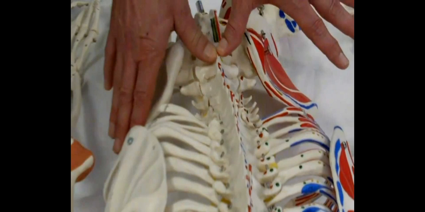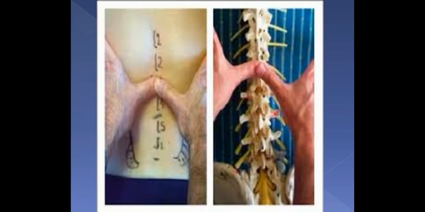This is the picture of the thumb positioning of the therapist touching the spinous process. This will be the hand position; the patient will be in the prone position, and the therapist will be palpating the spinous processes of the lumbar spine using the two thumbs. Next, again this is the picture. In the left hand side picture, we can see the hand of the therapist palpating the actual body, and on the right hand side we can see a spinal model. On the bone model, the therapist is palpating the spinous process.